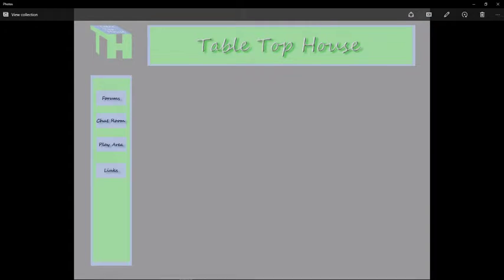One of the things that I want to start covering right away is the idea behind the Tabletop House website. Now, I love tabletop games because of the social aspect of interacting with one another when you're playing these types of games. And I really felt that this is something that we should bring to the internet without using software, so to speak, like, hey, let's make a dedicated program for this particular game and have people interact. I feel that we, as tabletop gamers, already spend quite a bit of money for these games. Why not just make a website, very simple, very elegant, so we can all just get together,